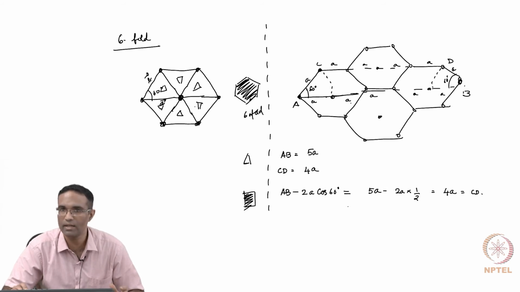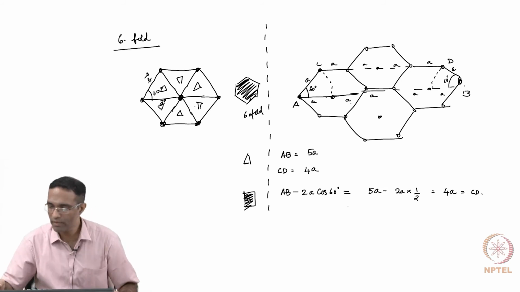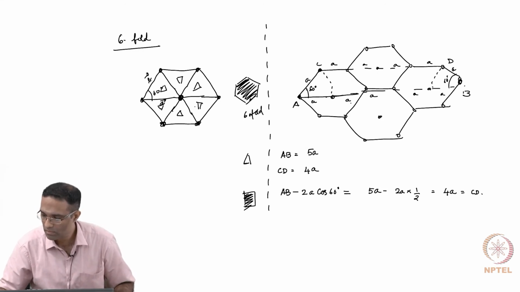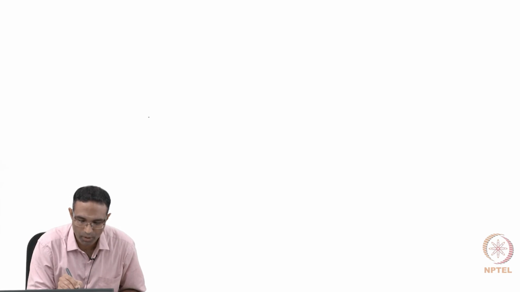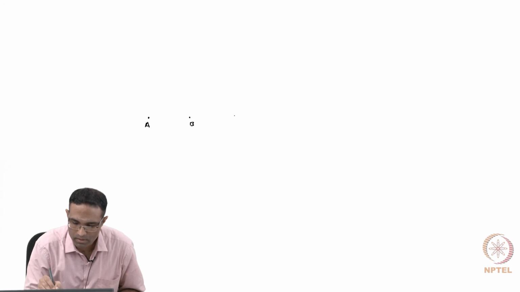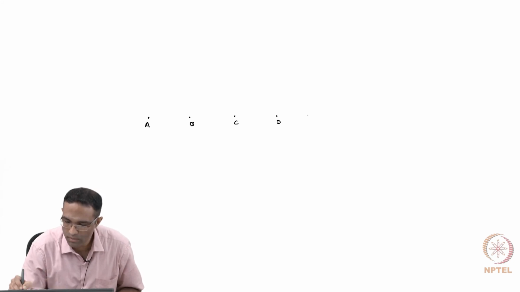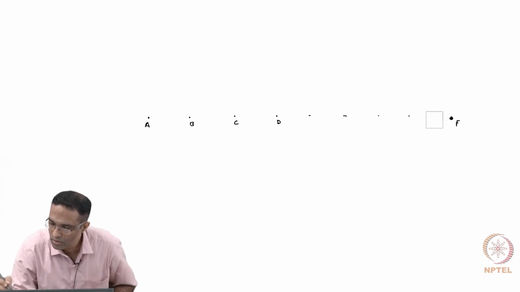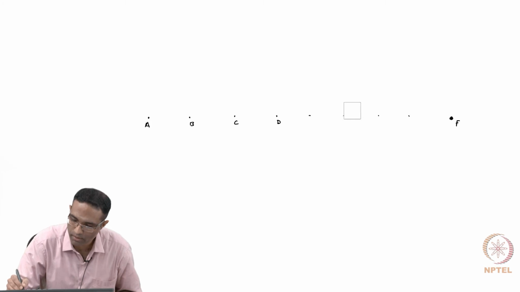Otherwise your definition of a lattice breaks down. Okay. So what we can do now is try to see if we can construct a lattice with arbitrary rotations. So what we will do now is take a point A, maybe B, C, D and so on, maybe until F, okay, and there is a lattice point here. These dots are not lattice points, so let me erase them. So we are going on and on to F, okay,